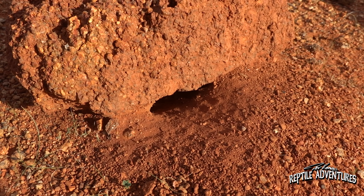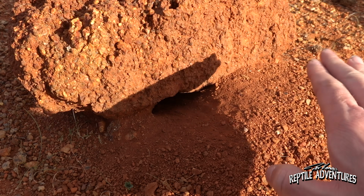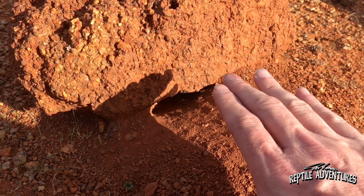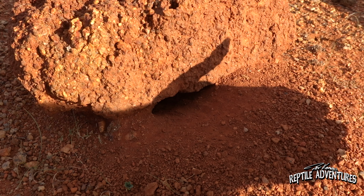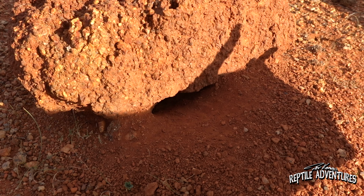All right, so this is a different part of the outback desert, and right over here are some rocks, and I've just found a burrow where an Ackie is probably hanging out right now. All right, so this right here is an Ackie burrow, and what they do is they burrow underneath the rocks, and in the heat of the day like this, they're going to spend most of their time in a burrow like this to escape the intense heat out here in the desert, but also it's more humid, obviously, in these burrows than it is out here in the dry